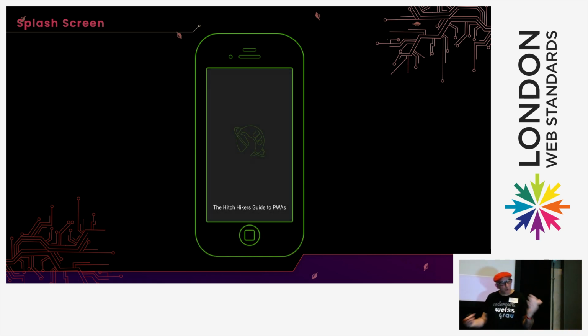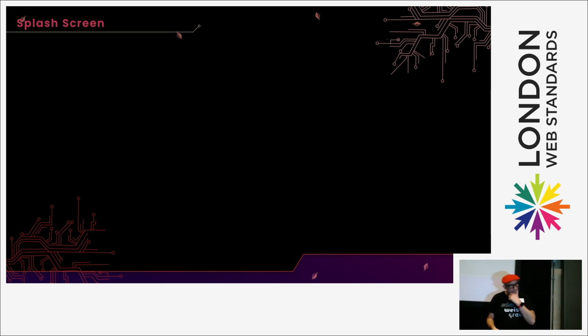So, what we can also do is we can get a splash screen, and you don't have to do anything special to this other than give it a name. We gave it a name attribute and give it an icon. And all I'm doing there is I'm loading an SVG in this by icon. Cool.